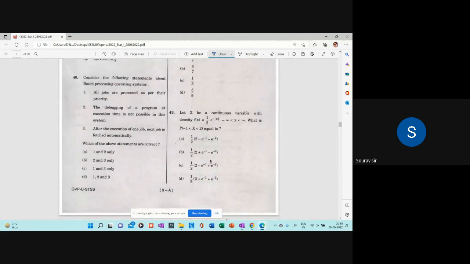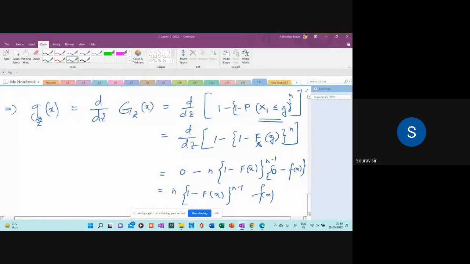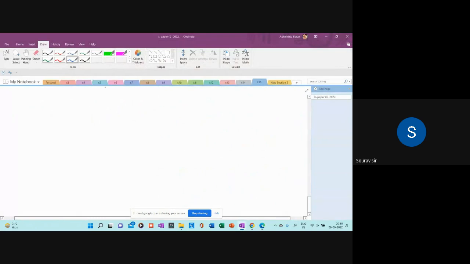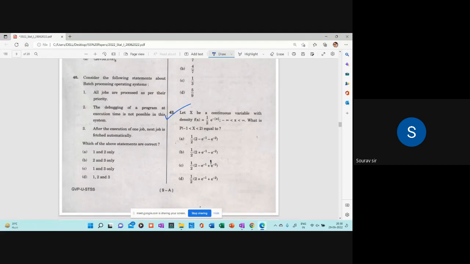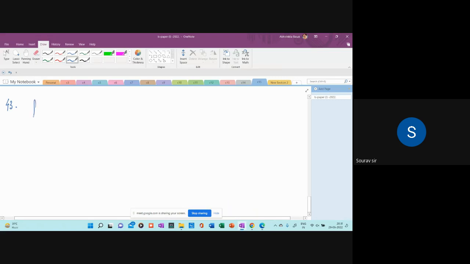Let's try out this one. This is pretty easy. Question number 43. What the question says is that we have a density function like this, ranging over the real number line, and we need to find the probability that minus 1 is less than x less than 2. So the density is given by,